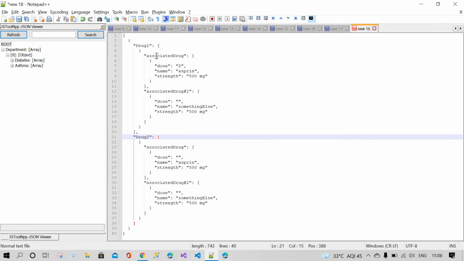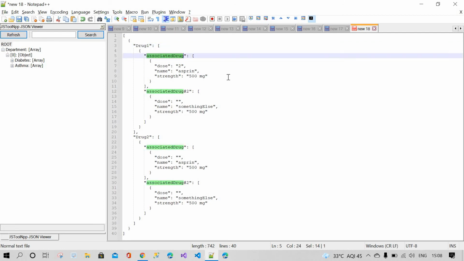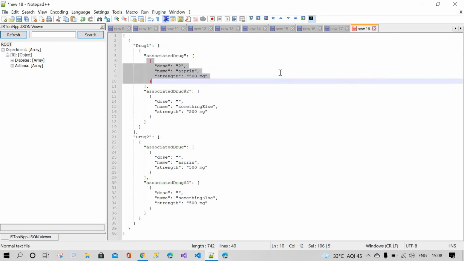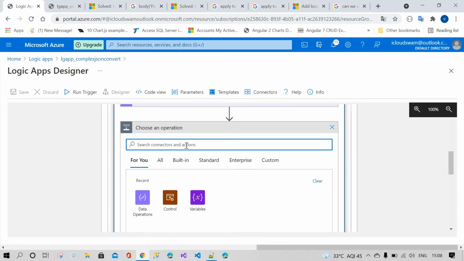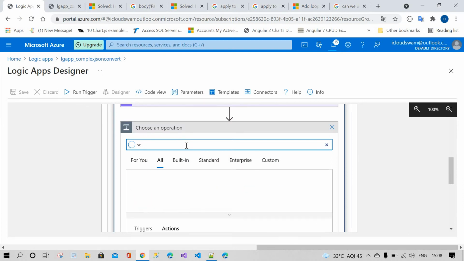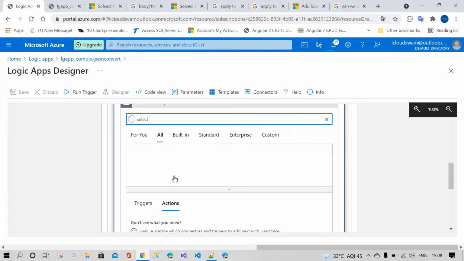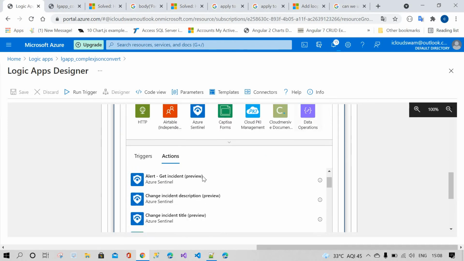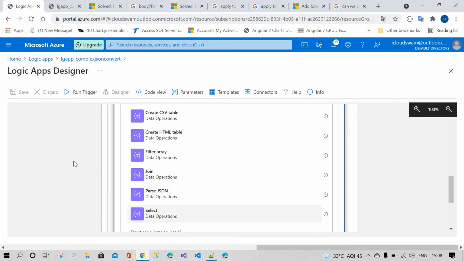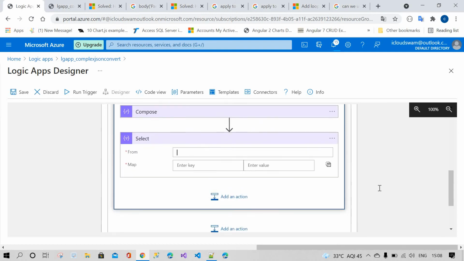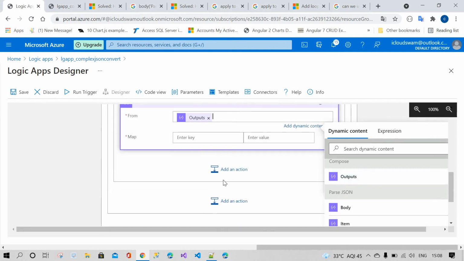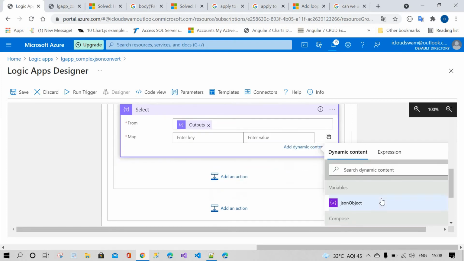From the drug 1, I need the associated drug only. Let's select the select operation, under data operations. You can see the select. Select your outputs here.